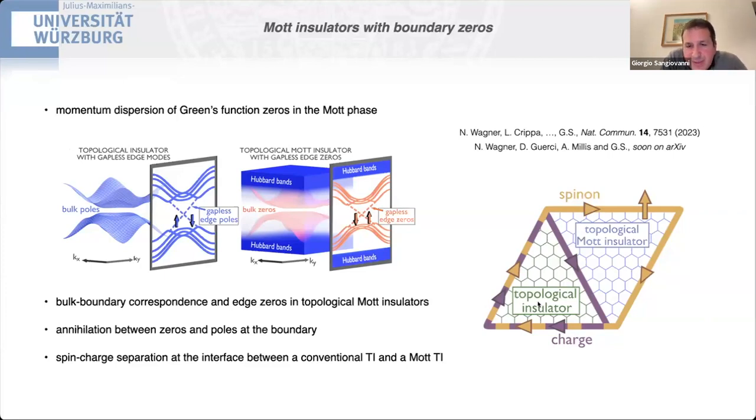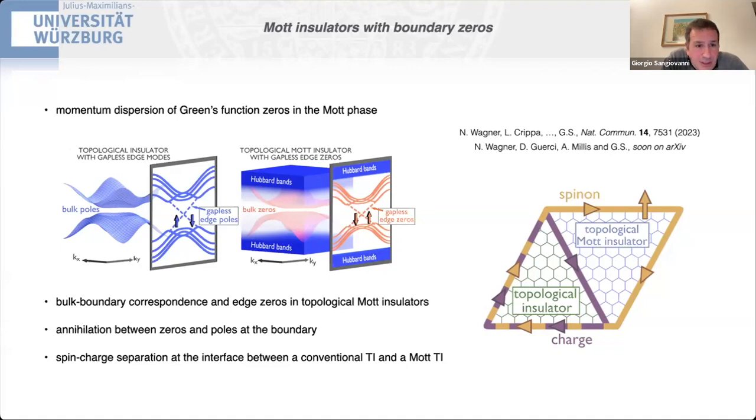Of course, there is also a spin down sector, and so there is backscattering at the interface, and what happens to the charge when we have the other spin. So a number of open questions that this slave rotor formalism has actually shown us